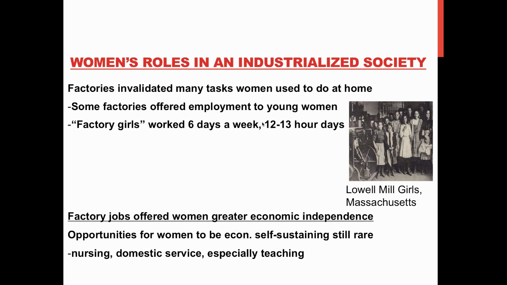These factory girls work 6 days a week, 12 to 13-hour days. And you see some of these establishments, like the Lowell Mill Girls in Massachusetts, that literally regulate and own every part of these girls' lives. They live in communal dormitories that are owned by the factory. They eat in a communal cafeteria owned by the factory. They work all day to the sounds of bells and regimented times, and then they go back and sleep in their communal dorms, also owned by the factory. It is a crazy regimented life in which the factory and the business owner is the one that is truly